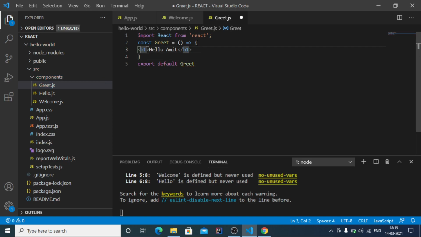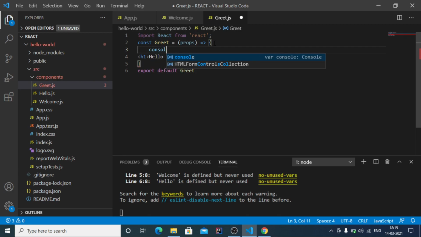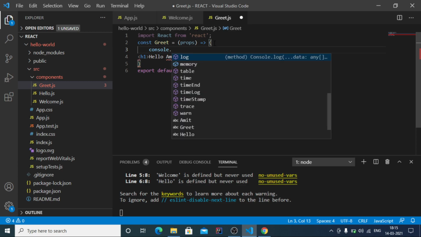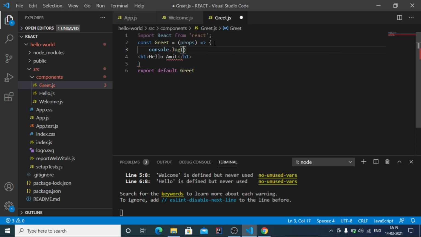And whenever you want to retrieve this information from the app component inside the greet component, you have to make use of a parameter known as props. First of all we would like to log this parameter props onto the console. So console.log and props.